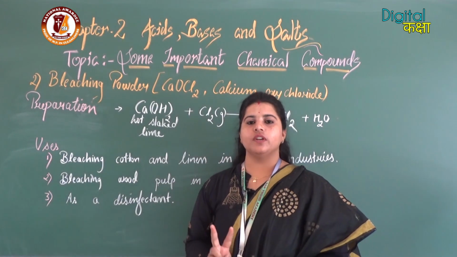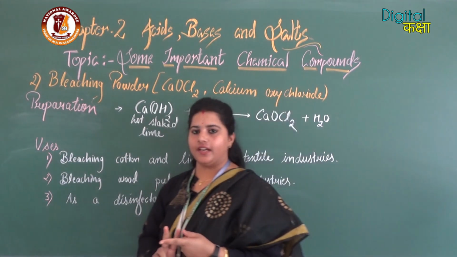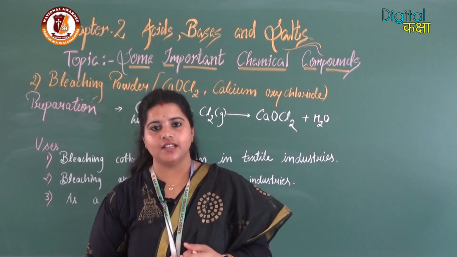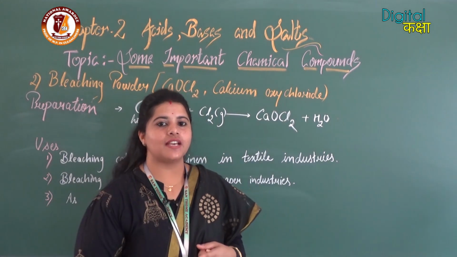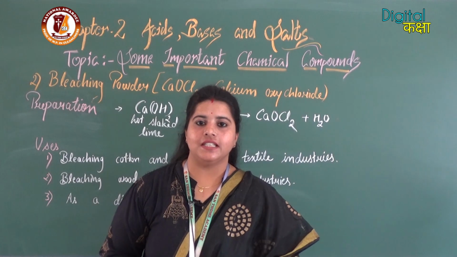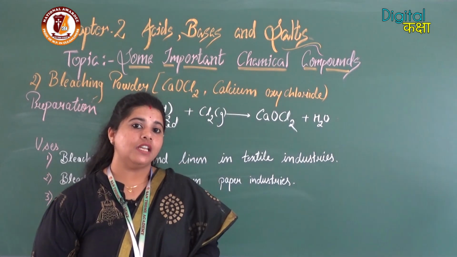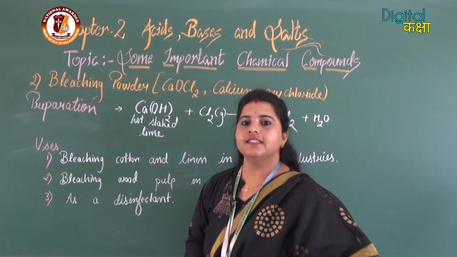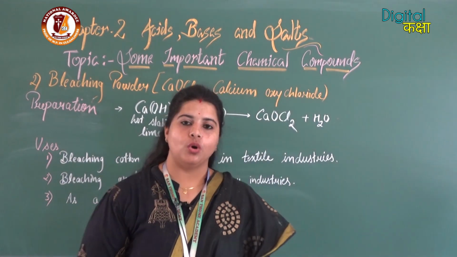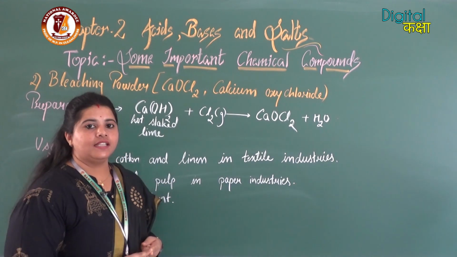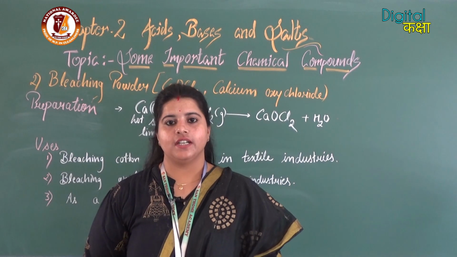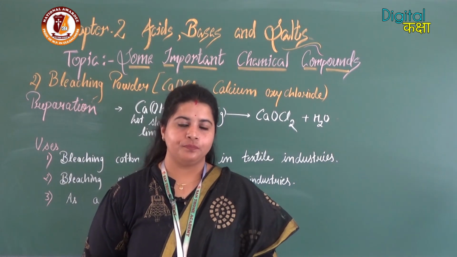Now we have got 2 gases in it, that is chlorine and hydrogen gas. Do you know the use of chlorine and hydrogen gas? Chlorine gas is used as a disinfectant. It is also used as a bleaching agent. Then hydrogen gas is used to prepare dalda, that is vanaspati ghee, from vegetable oil. Hydrogen gas is also used as a fuel. We know that it is used in rockets as a fuel.